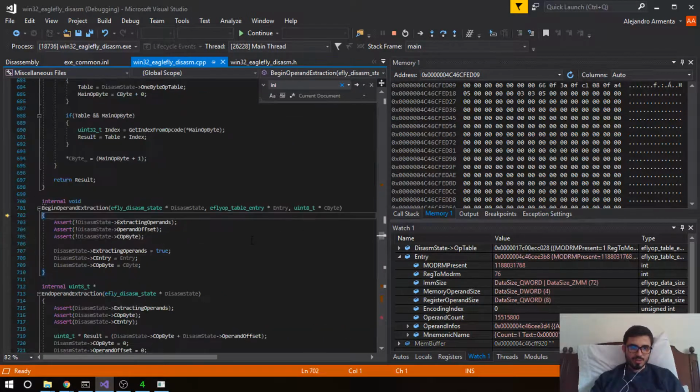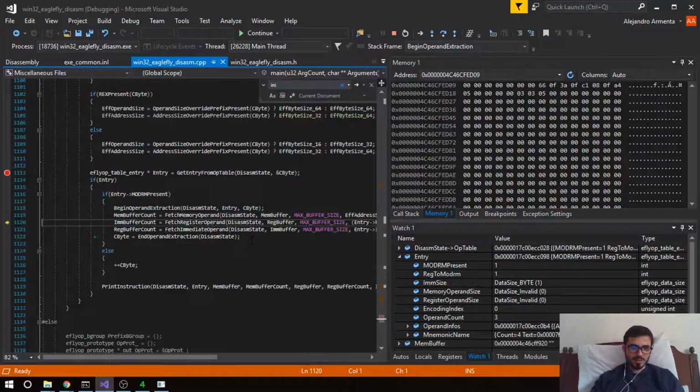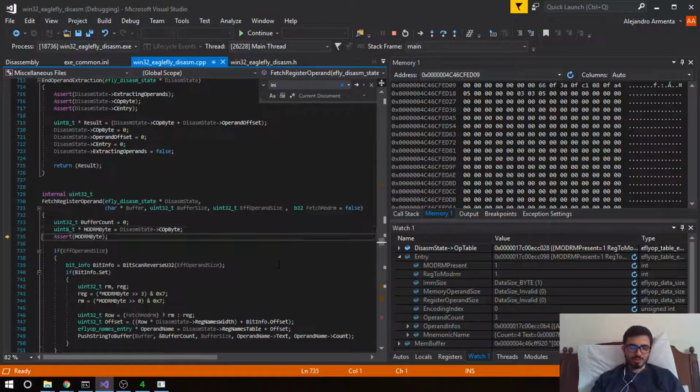There we go, again operator instruction, instructing operand. Fetch memory operand, mem buffer is the memory operand, that's correct. So we're moving to fetch the register operand, which is going to be the same. It's going to reverse the same way around. Effective operand size to 4. So we just go forward to the reg field, and